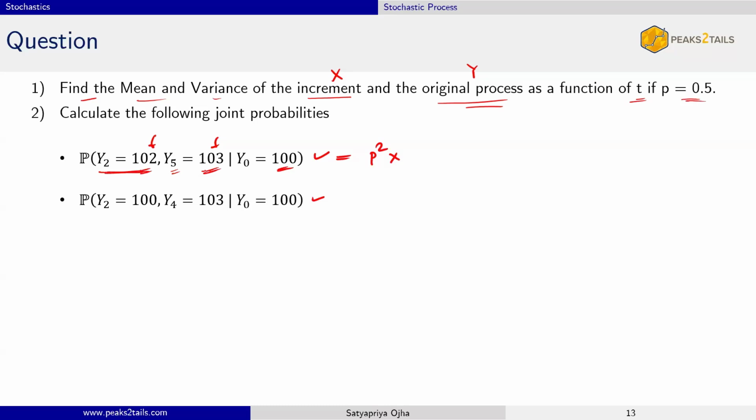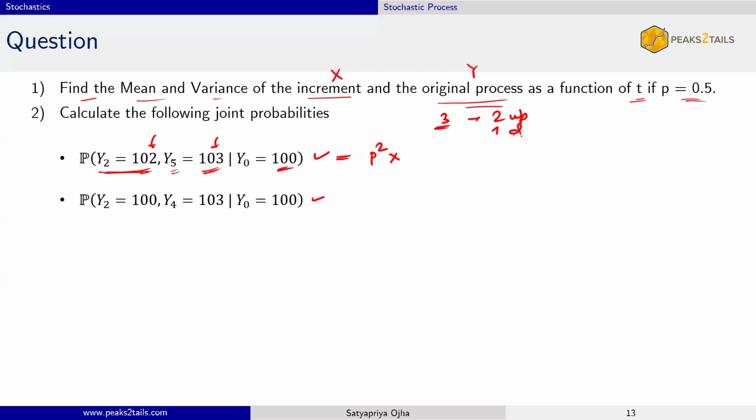A hundred and two to 103. Can you tell me a few paths that will take me there in the next 3 steps? Down, up. Okay. Up. What else? Up. Yeah, so you got the right idea. Basically, of the 3 steps that I have remaining, I need 2 up and 1 down. Order is immaterial. Does it make sense?